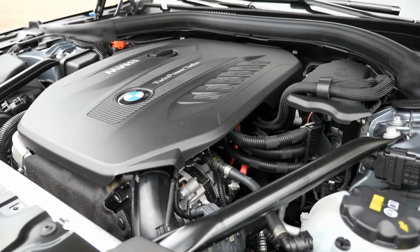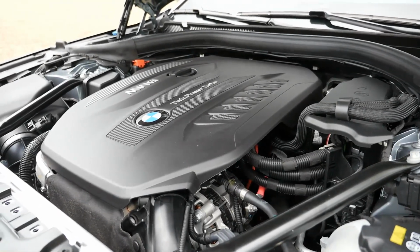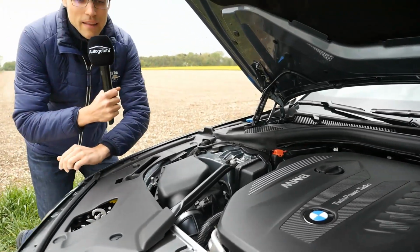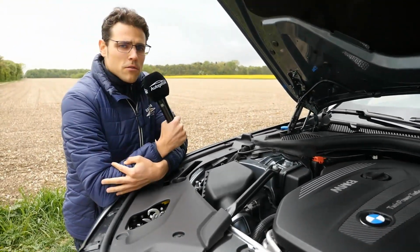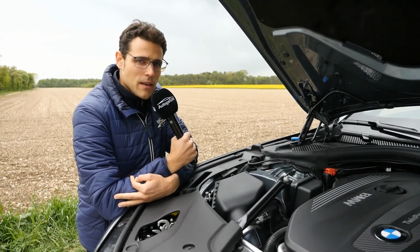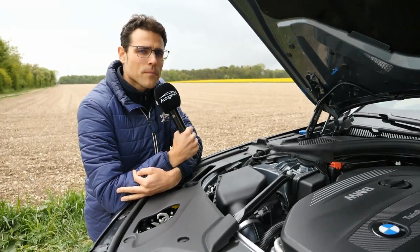And now new was the M550i, the new 8-cylinder then with 462 horsepower. And then I got the question if that will also be available for the touring. No, it won't be. So we can tell you today they have decided to launch here for the diesel